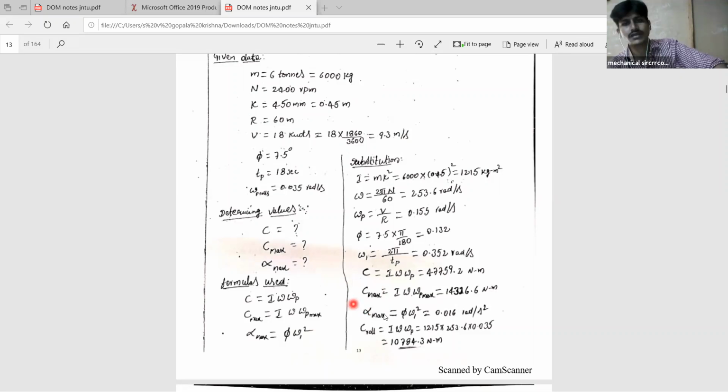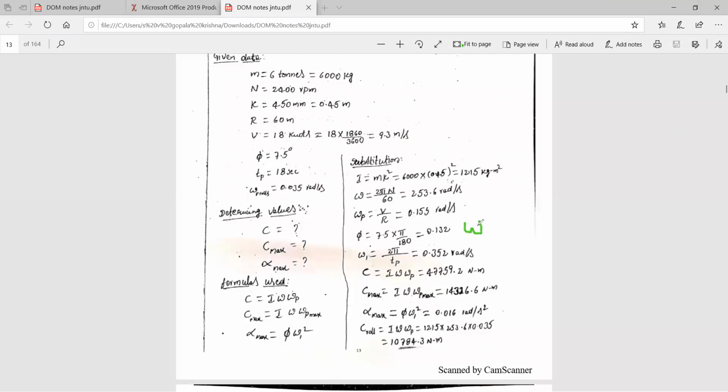And now C max during the pitching. During the pitching, you will find the gyroscopic couple at the maximum. That is I omega P max. All of you observe that, C max means I omega P max. Here I value is already there and omega is there, but omega P max is not there. So what is the formula for omega P max? Here we are not given that. I will write here omega P max equals, the formula is